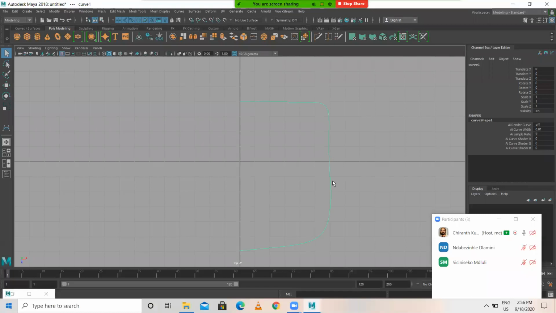So just create one curve like this. Right click, go to control vertex. Make sure the first vertex is snap to grid and the last vertex is snap to grid. Okay.